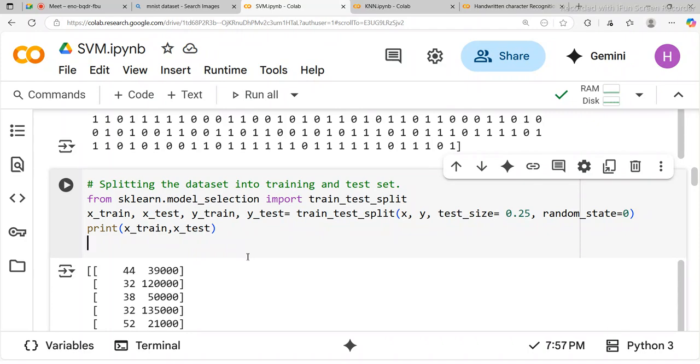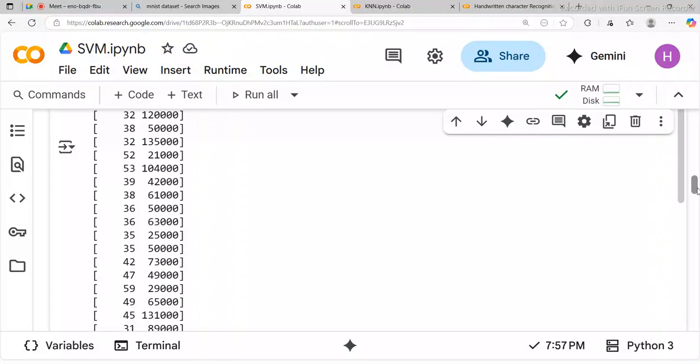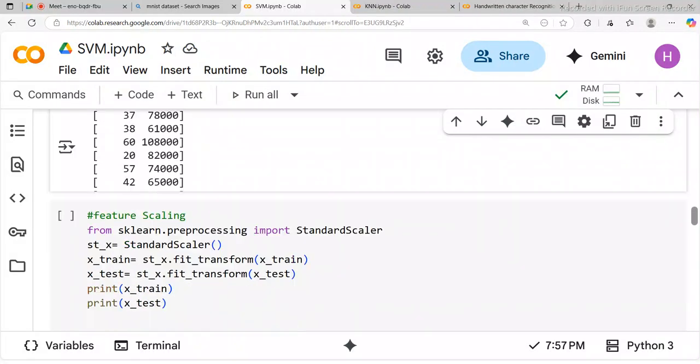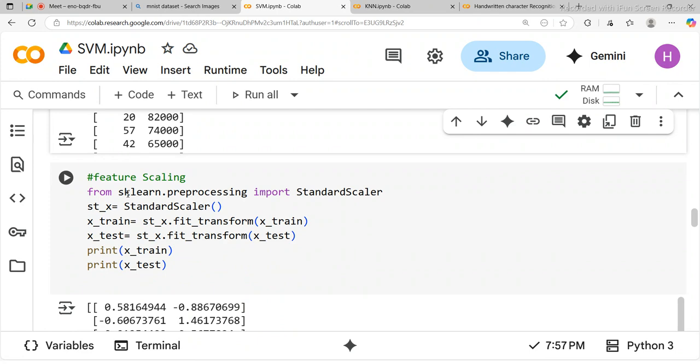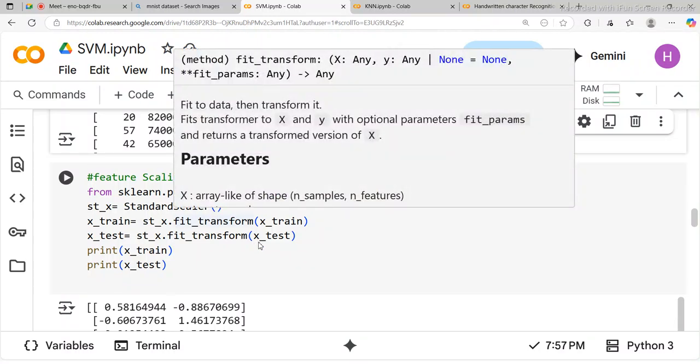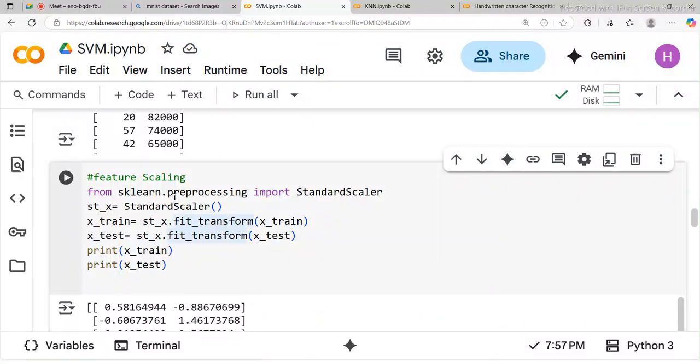Now after splitting this, we are going to do scaling. Scaling is something like normalizing the data. When you look at the salary column, for example, the range of data is large. It may be from 10,000 to 1 lakh or 2 lakh. I want to reduce the range of the data, so I am going for feature scaling, or you can call it normalization. For that I am going to use this package